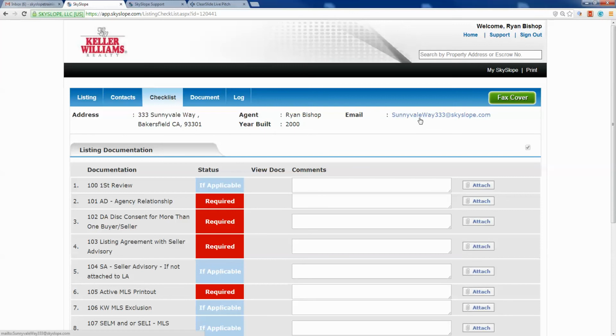One way is email. So if you work with a client that maybe had all the documents on paper, they signed them all and scanned them to you, you can actually just take that email and forward it to this property email address. You can see in this case it is the street name followed by the street number at skyslope.com. You always want to make sure and double check this email just in case you made any typos,